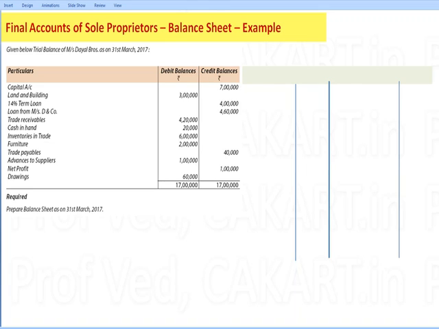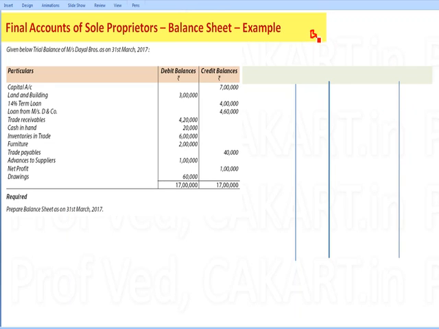Okay, class. The first example is a very easy example. Let us have a look. We have to prepare a balance sheet. Given below is the trial balance of Dayal Brothers as on 31st March 2017. So these are the particulars: debit balance, credit balance in these accounts. And what are we required to do? We are required to prepare balance sheet as on 31st March